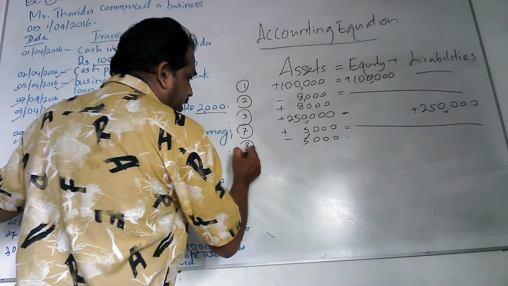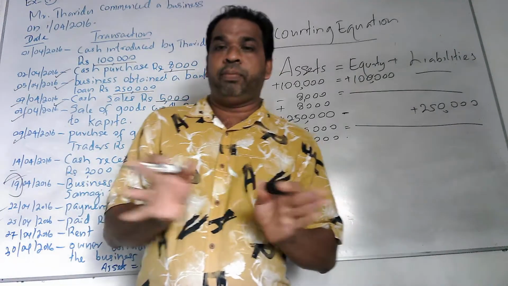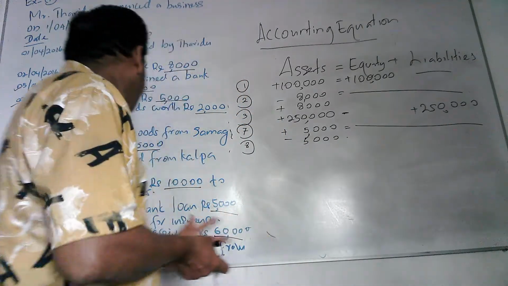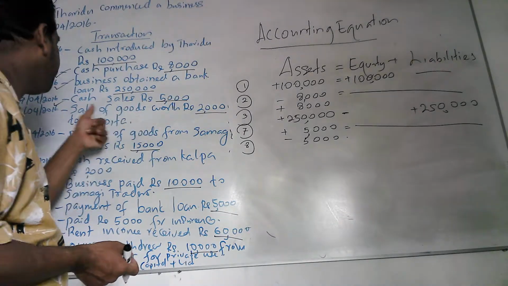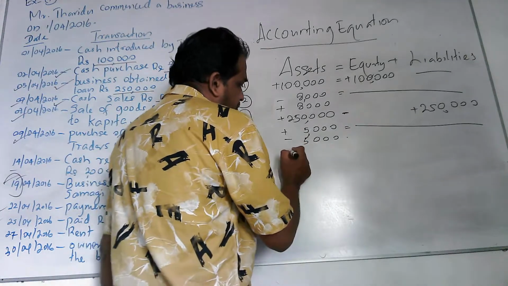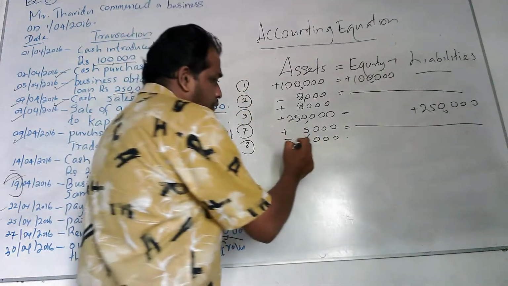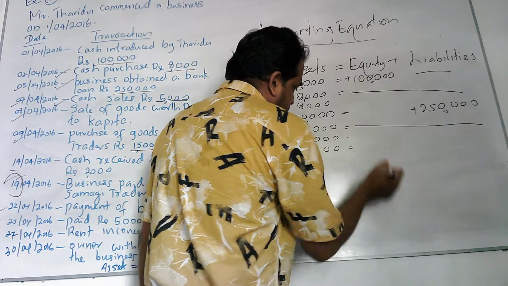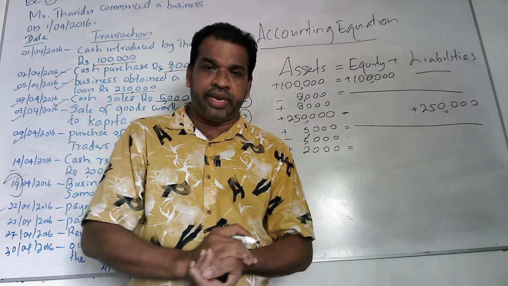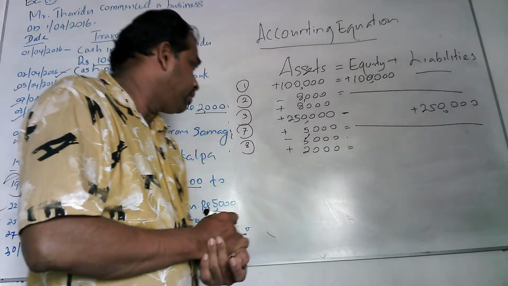Right. 8th, sale of goods worth 2,000 to Kapil. Here we are given the name of the person. That means it is on credit. If you are given the name of a person or institution or company, it can be either credit sales or credit purchases. Here, as they have mentioned sale of goods worth 2,000 to Kapil, that is credit sales. Then you will create another asset called trade receivables or debtors by 2,000. As the customer doesn't pay you at the time of selling, you create another asset called customers or trade receivable, here Kapil.